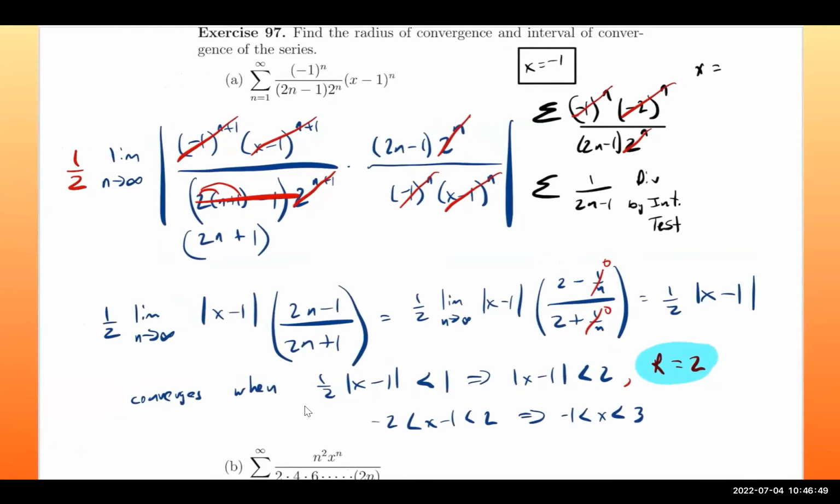All right, and now let's check the other endpoint, which is 3. So if you plug in 3, you're going to get the series of negative 1 to the n, and 3 minus 1 is 2 to the n, over 2n minus 1, 2 to the n. So here you have straight cancellation, and now you have that negative 1 to the n here. So this is an alternating series test because the terms are decreasing, and clearly the limit of this is going to be 0. So this is going to converge